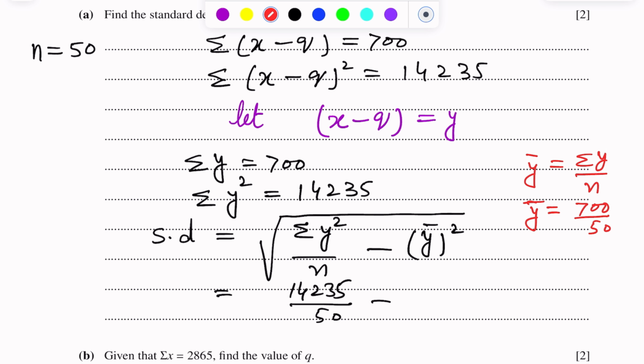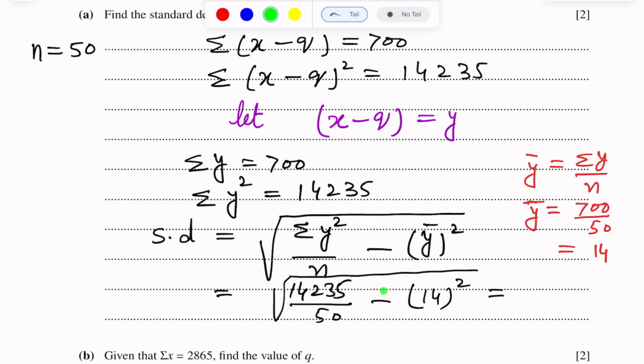So y mean is 14. We are putting here the value of y mean. This becomes 14 square, whole square root. After calculation we get